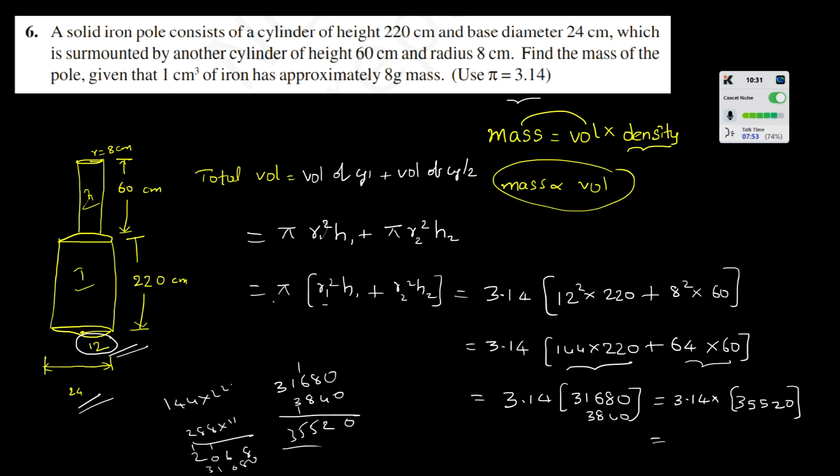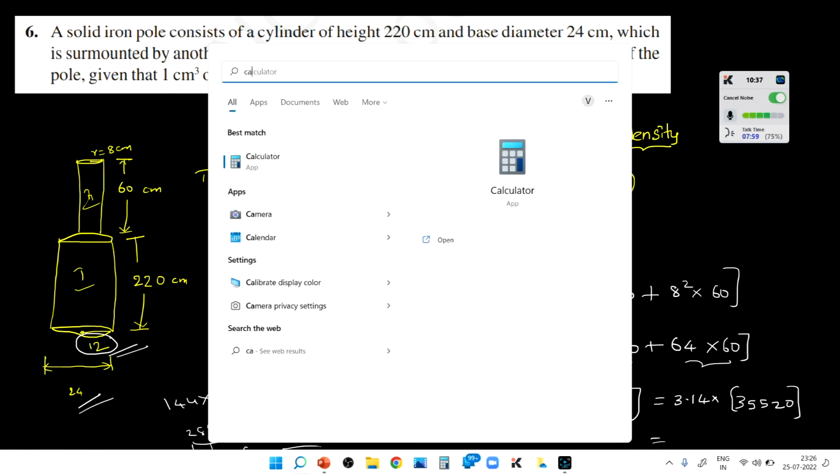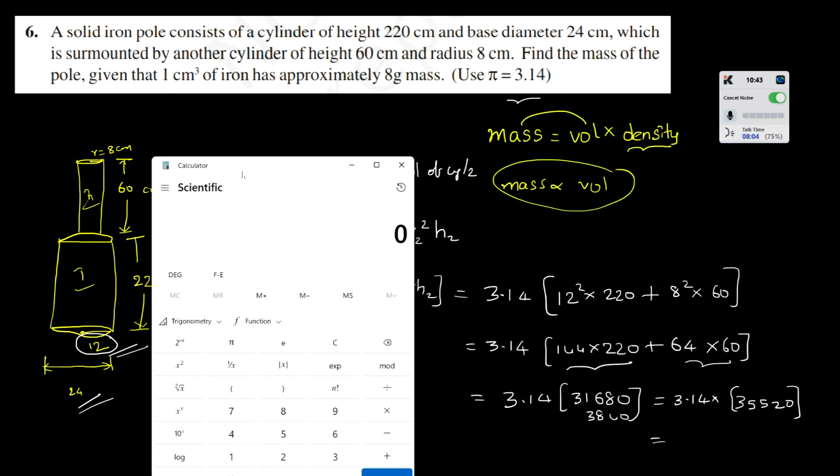So this is the total volume of the cylinders, and it will give the answer as, let me use this calculator to show you the exact answer. 3.14 into 35520 will become 1,11,532